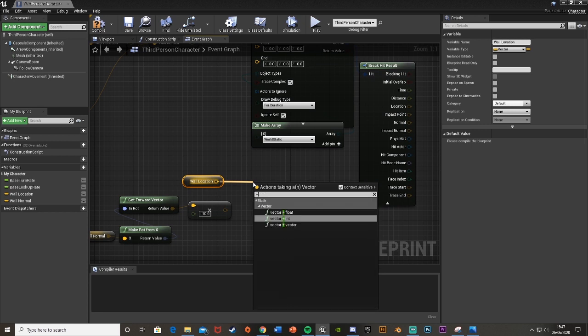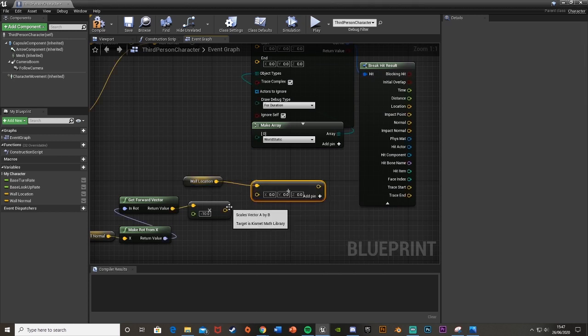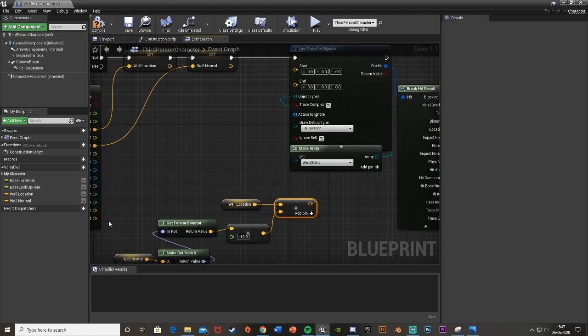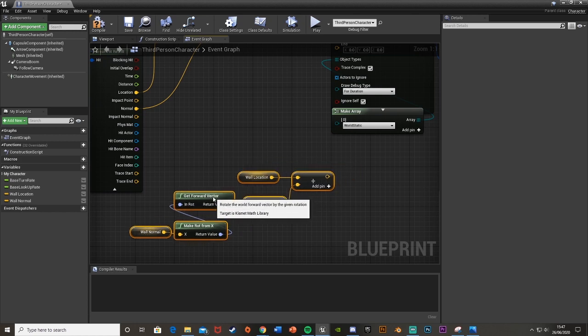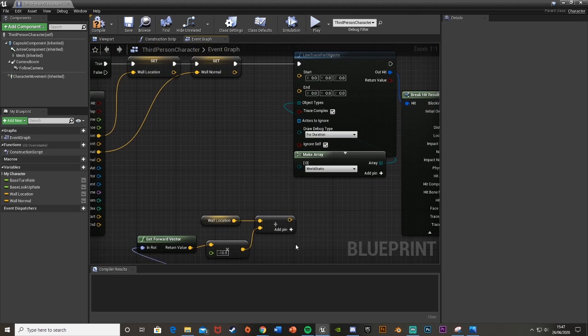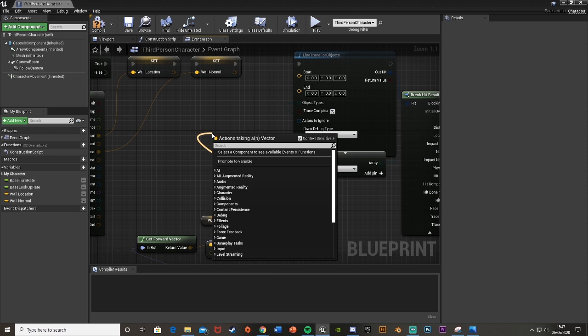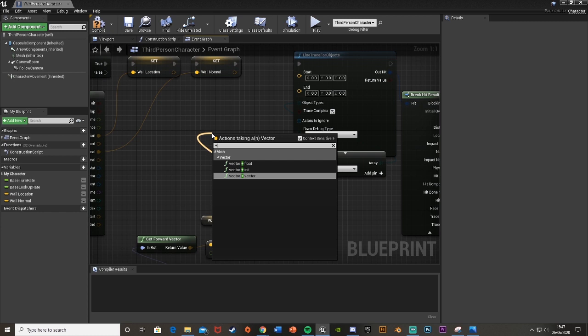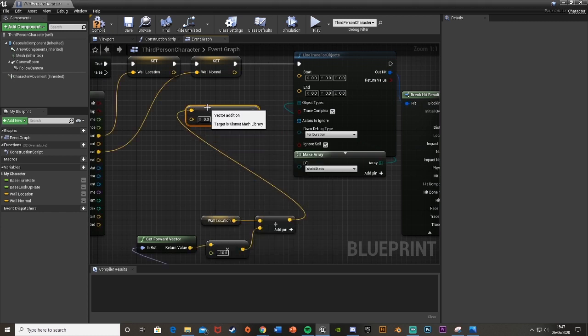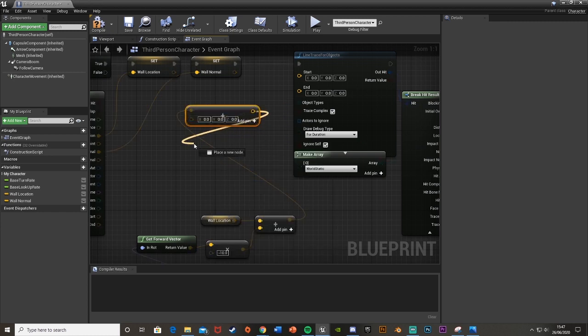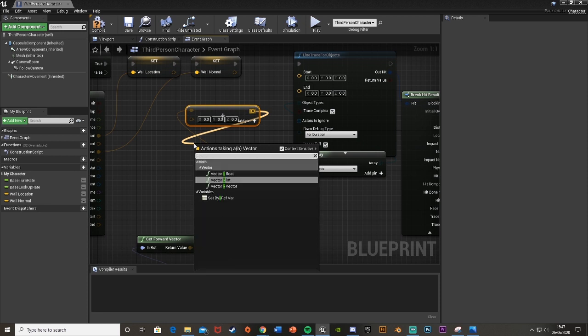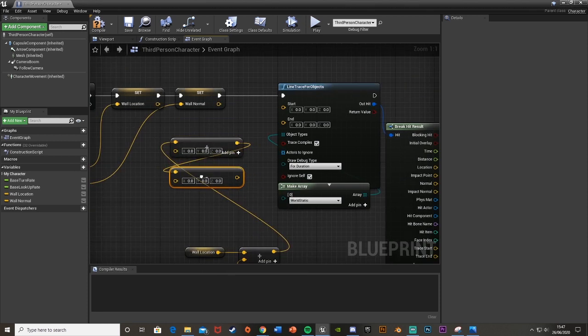We'll get off and get an addition node, so vector plus a vector, and then plug multiplication into there, like so. And then we'll move this back just a tiny bit more, and then drag off of this, so the return value of the addition, and that's going to go into another addition, so another vector plus vector, like that, and then return value of that goes into a subtraction, so vector minus vector,